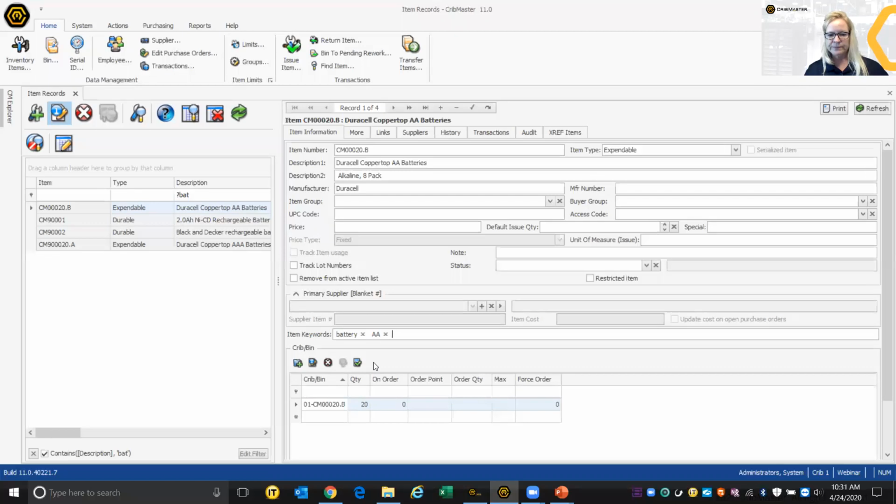I'm going to hit enter, and you can see that it puts these little X's between each of these keywords each time you hit enter. But what it also does is it adds these keywords to a keyword management list that you can use to expedite the situation, so that for all of the rest of the different packs and sizes and brands of AA batteries, you won't have to individually type these keywords into the item keyword field anymore. For example, now that I have added the AA keyword, and we already had the battery keyword,